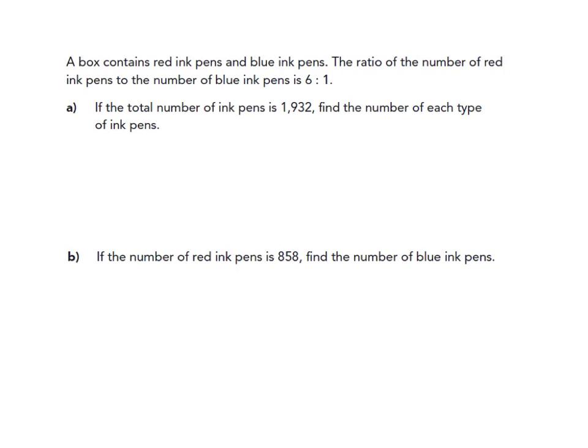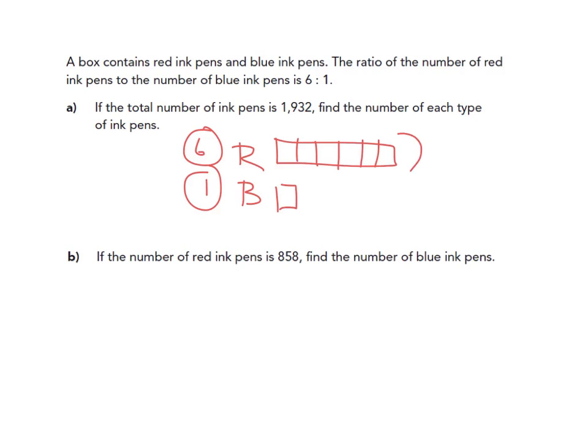So they're looking at a box that contains pens, and it looks like the ratio of red pens to blue pens is 6 red to 1 blue. And they tell me that the total number of pens is 1,932. So if I take the 1,932 and I see that there's 7 total pieces to this ratio,